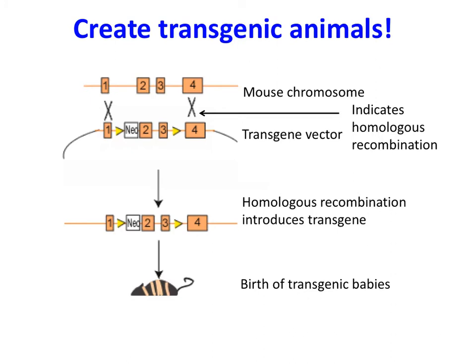How is the introduced DNA integrated into the animal chromosomes? Well, first let's look at this cartoon. On the top here, we have the mouse chromosome, and you can see 4 exons are numbered 1, 2, 3, and 4. The transgene vector that we're inserting, that is our DNA of interest, has a very similar sequence to